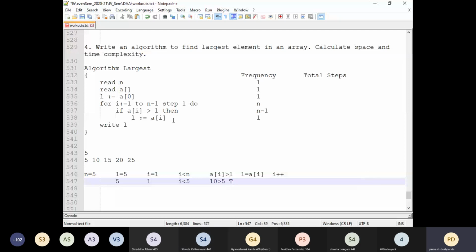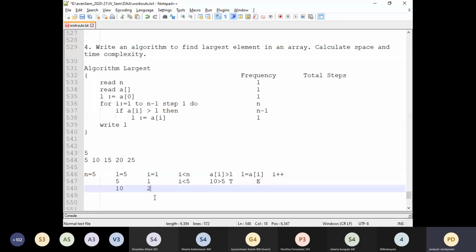True means it has to execute this particular statement. So this statement will be executed. Let me write it as E here. And the L value will become a of I, that is a of 1, that is 10. Next time this L is going to be 10.